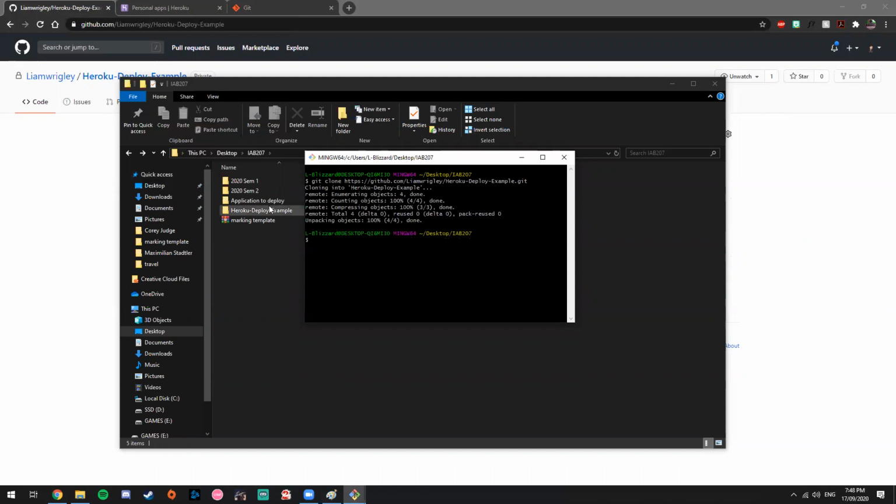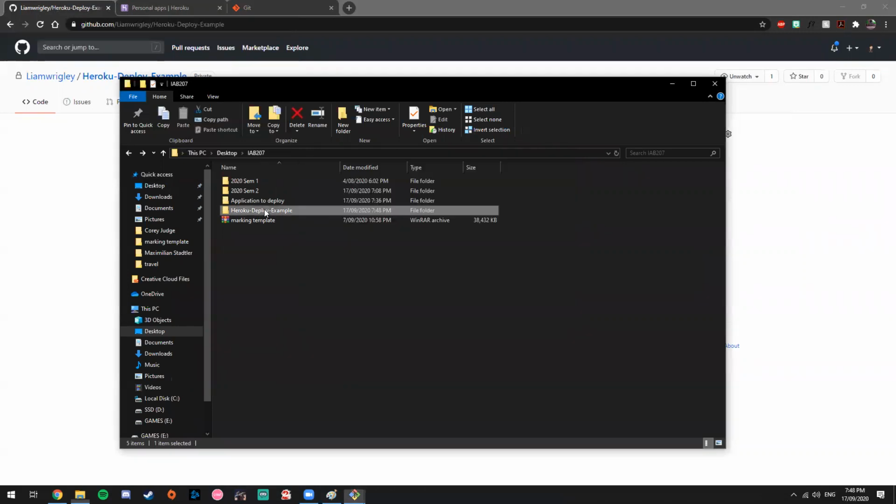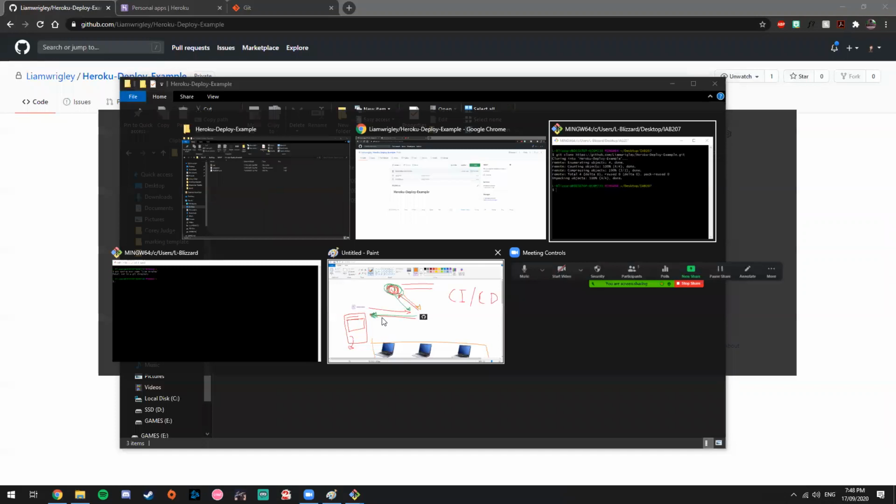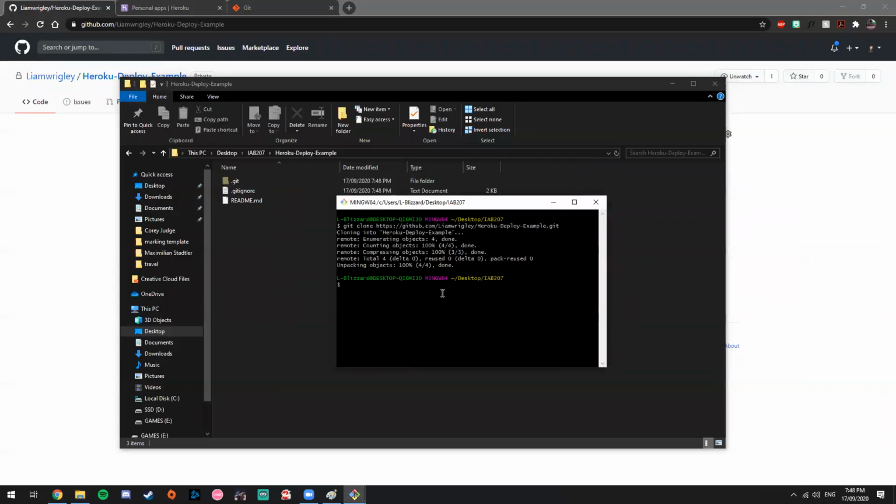So now that's done, we can see that we have this repository here now. There'll be nothing in it at this point, just everything that is here. Now, if this has not worked for you, and it's saying that you need credentials, this is where you'll need to add some Git credentials. So you can go git config user.name,